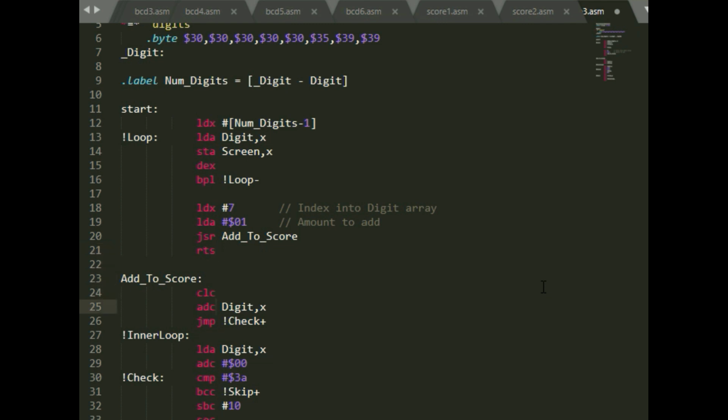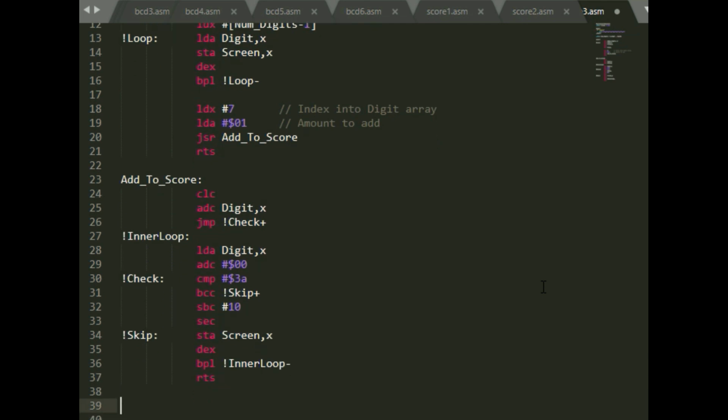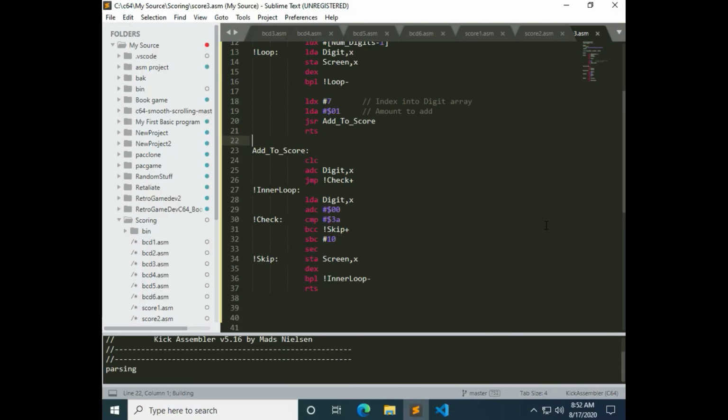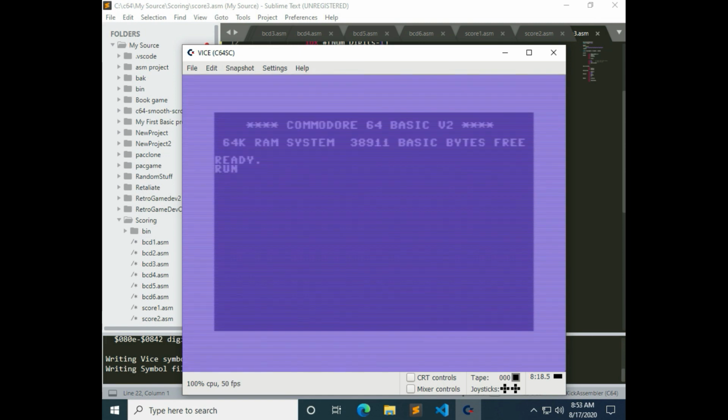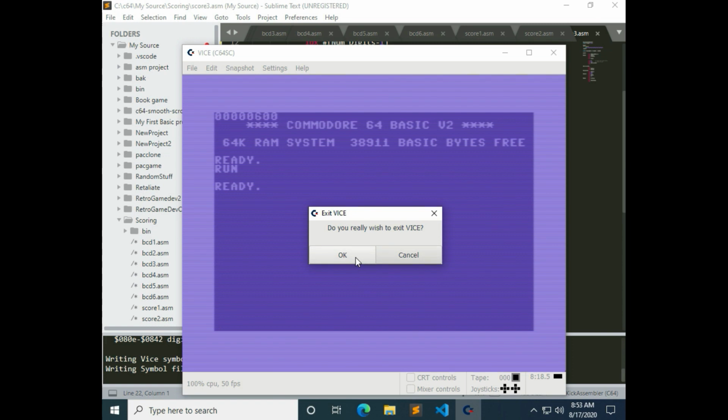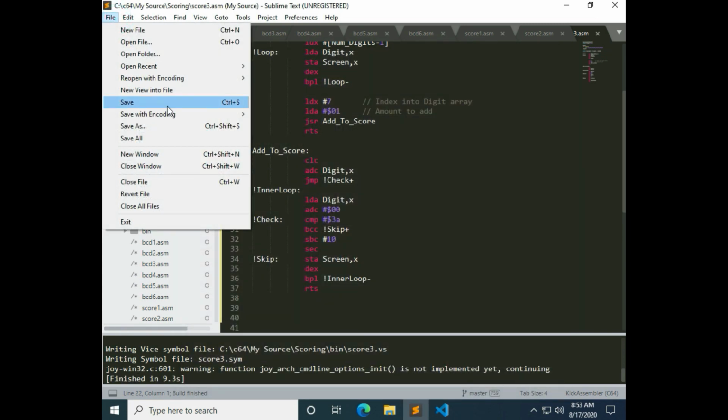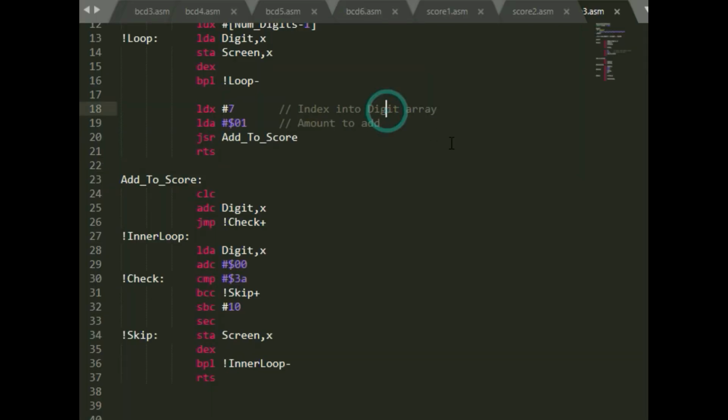Is that all we need to do? I think it is. Yeah, that's it. Let's make sure that works. Yeah, good, good, good. Save it. And